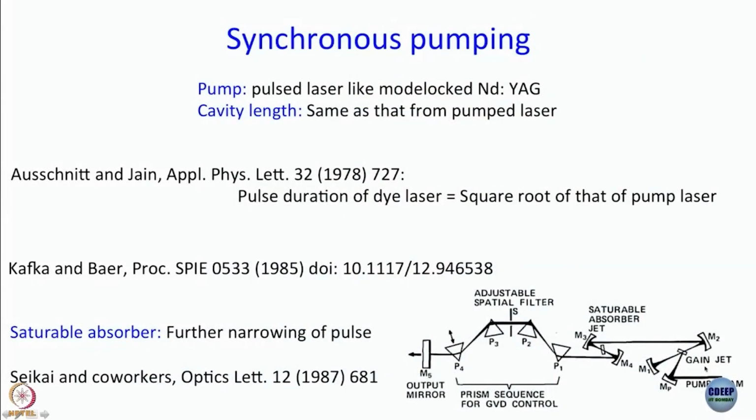Another thing I would like to draw your attention to is what is written here. What does it say? Gain jet. What does that mean? Gain, of course, means gain medium, rhodamine 6G dye. What is the meaning of jet? As you know, when very short pulses go through any medium, they get broadened due to chirping and all. So, in order to get short pulses which are picosecond or lesser, you do not want any extra component to